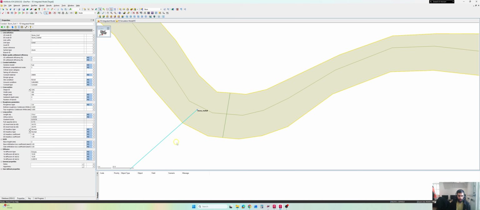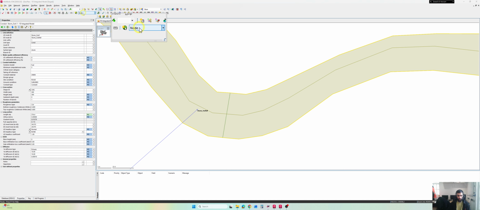First of all, double click on my link, my conduit, and from here I am just going to first make sure to change my long section. It didn't change the length, and I can also change the head loss here. So in order to create a break node, you have selected your length. From here you can see this is a node. As you can see, it shows that we have a node, and then I am going to